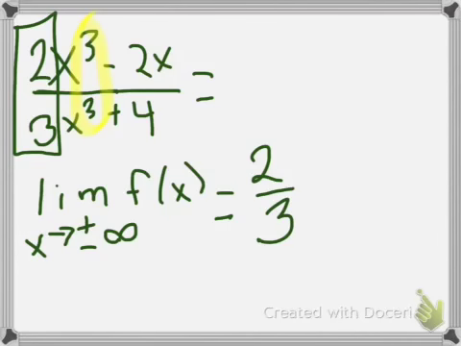Alright? And then the last one. So we said bottom heavy, 0. Equal degrees, you're going to take what's in front of them, and that is your answer. Alright, the last rule